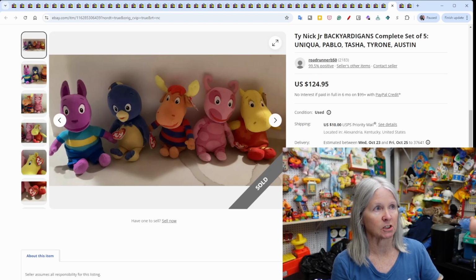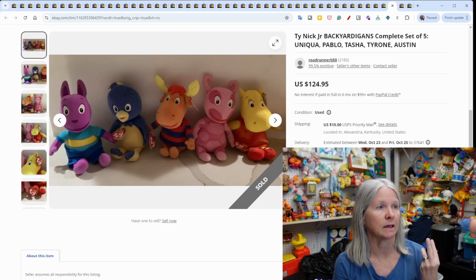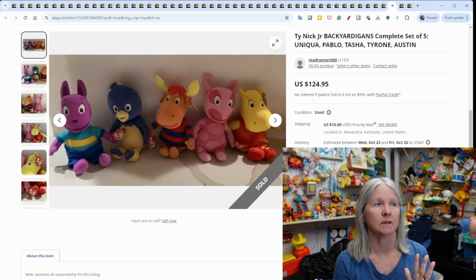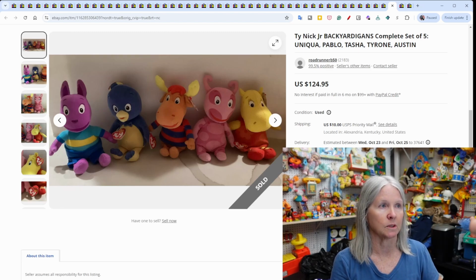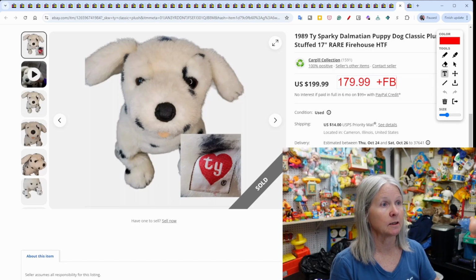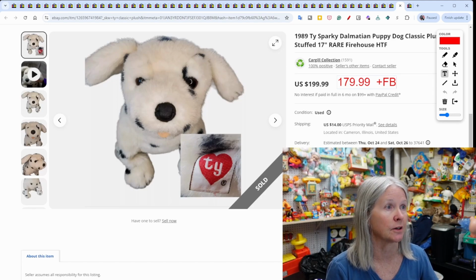Backyardigans is one of those plush I'm forever telling you. The Fisher Price ones, any of them, definitely check comps on them. Backyardigans, Wow Wow Wubsy, Yo Gabba Gabba, and definitely Rubbadubbers. Those are some of the really high dollar ones. Sparky. Now Sparky had prices all over the place, but this was a legit sale. Feedback was left for the seller, and it sold for